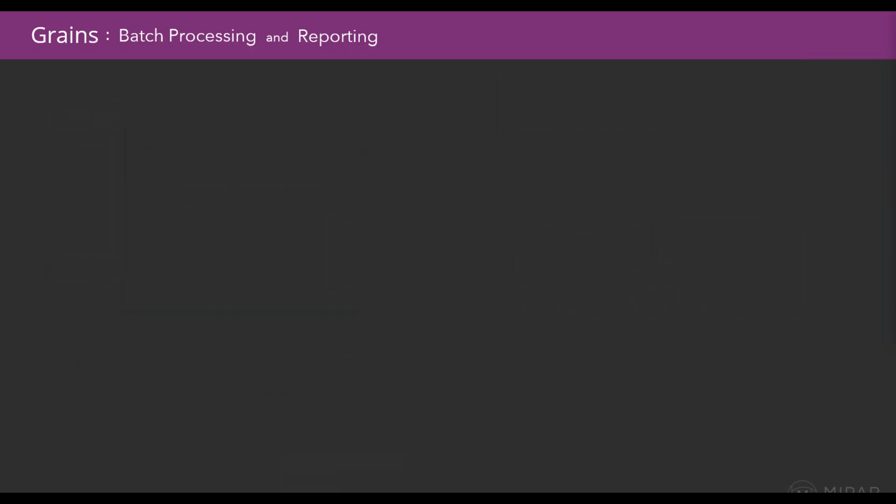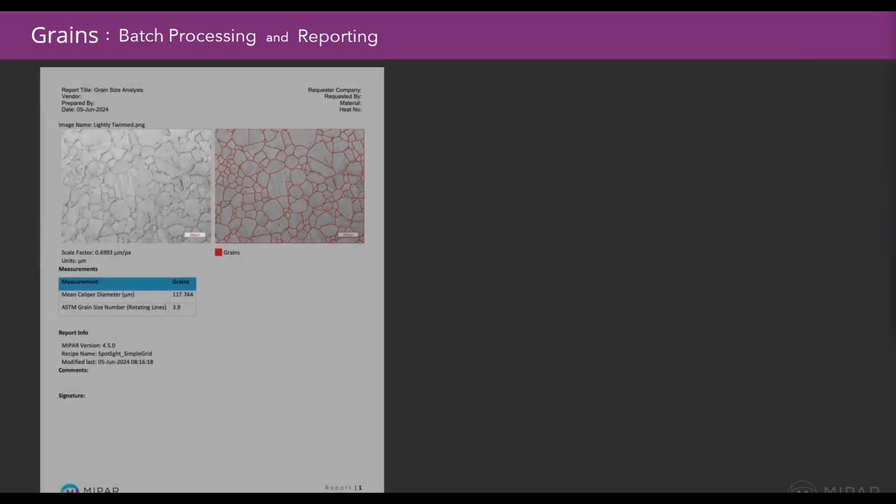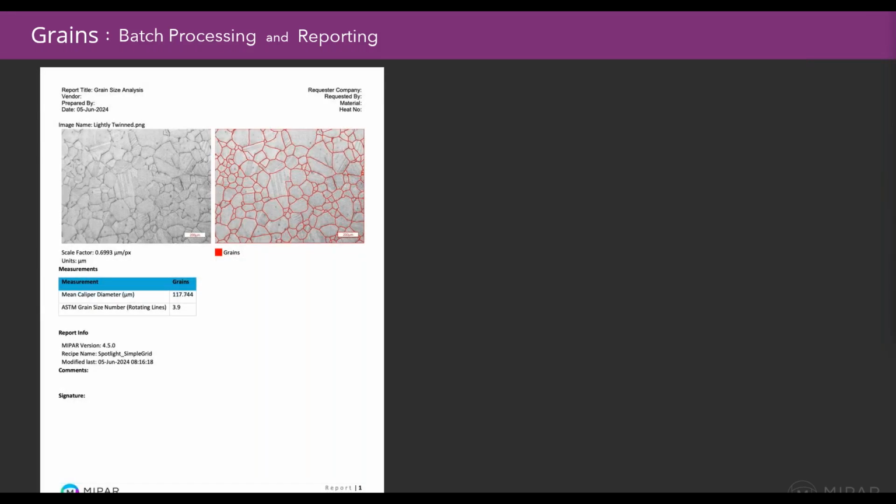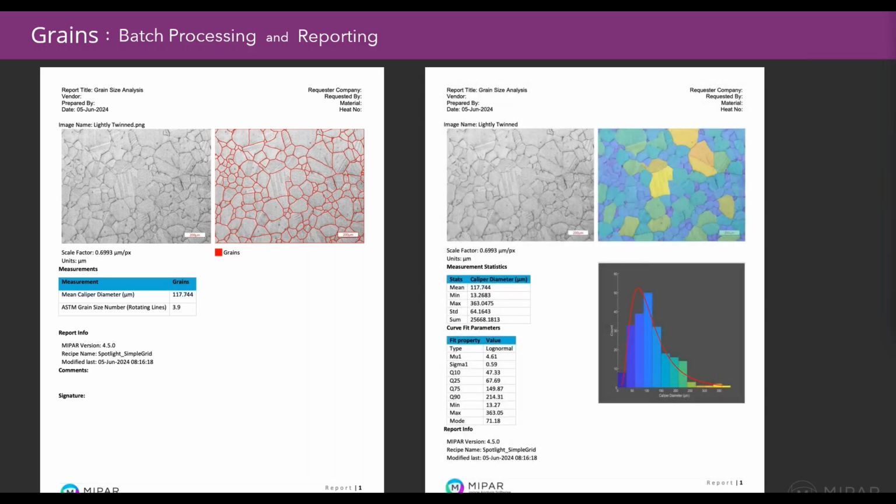So in addition to statistics like mean and max grain size in this example, of course, full grain segmentation allows for distribution reporting and visualization, where here each grain is color-coded by size, and that color map is matched on the histogram with an optional curve fit. And I think we all recognize that